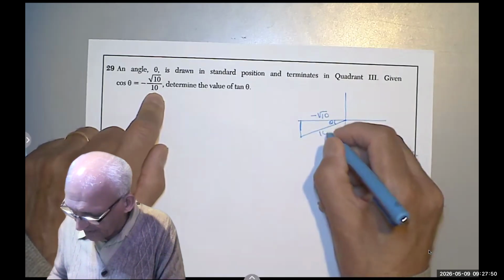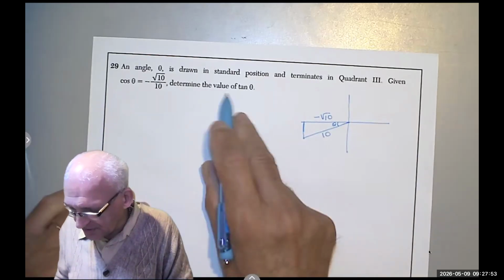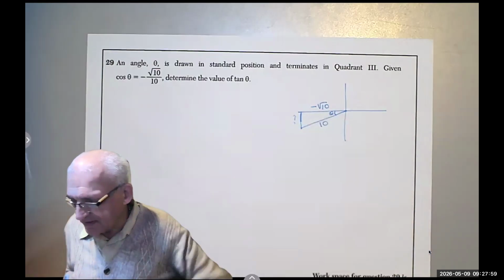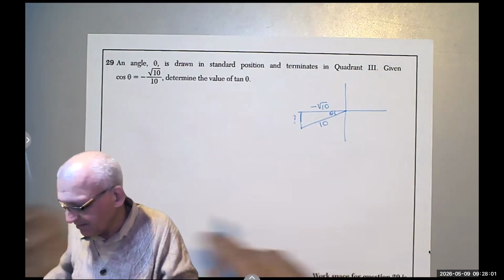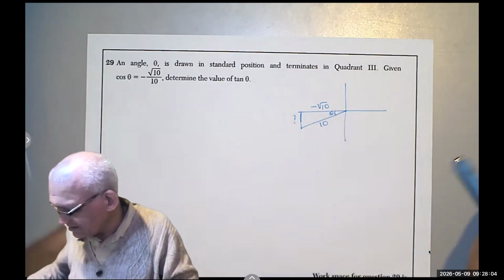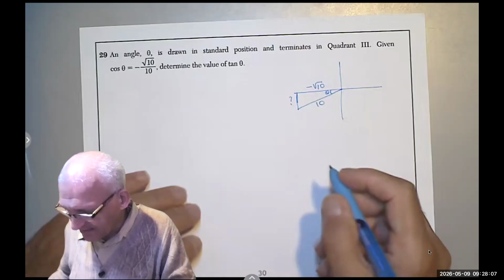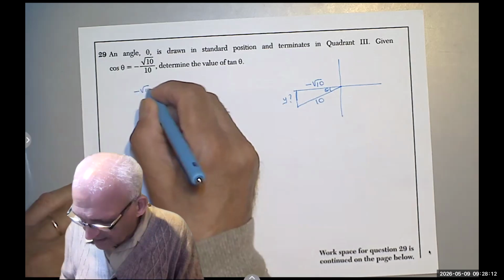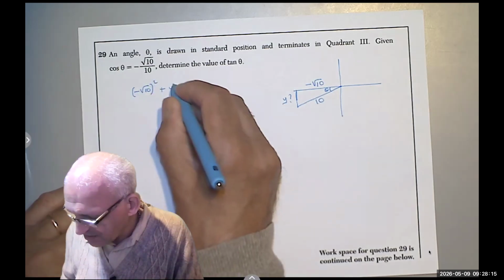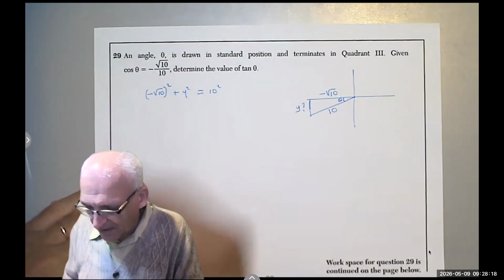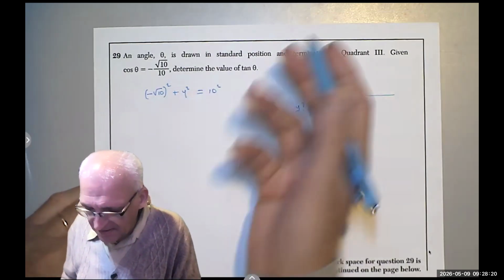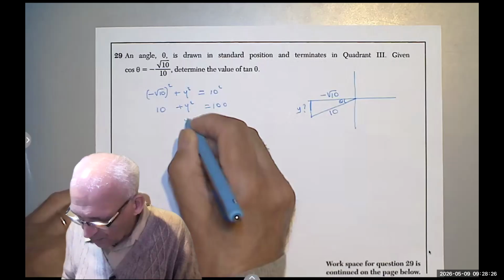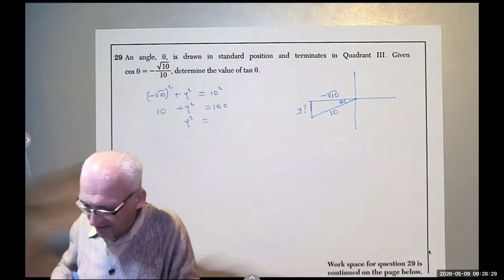The radius is always positive. And they want you to determine the value of tan theta. Tan theta is opposite over adjacent. So I need to find the opposite. It's also negative. We know that because it's below. We don't care, but we would use the Pythagorean theorem. So if we call that y, we can say negative root 10 squared plus y squared equals 10 squared. So negative squared is positive, so you get 10 plus y squared equals 100. y squared equals, and you subtract 10 from both sides,